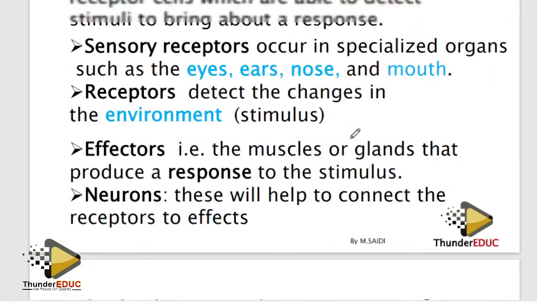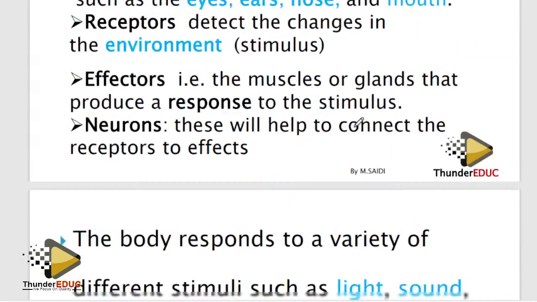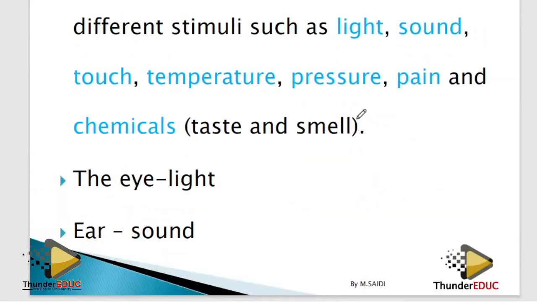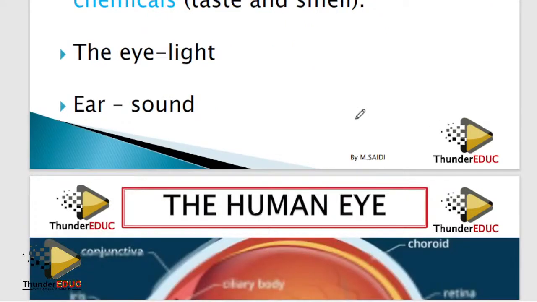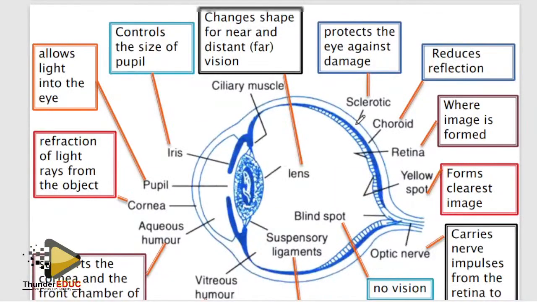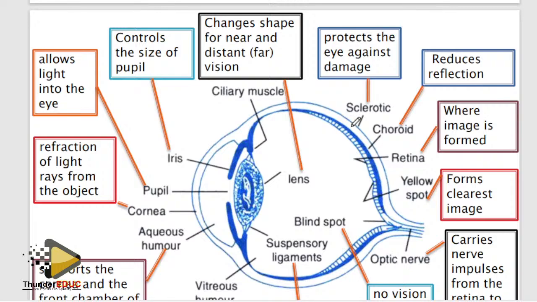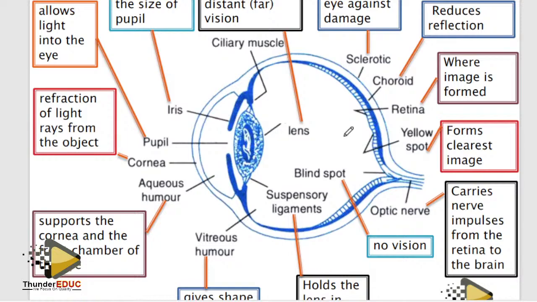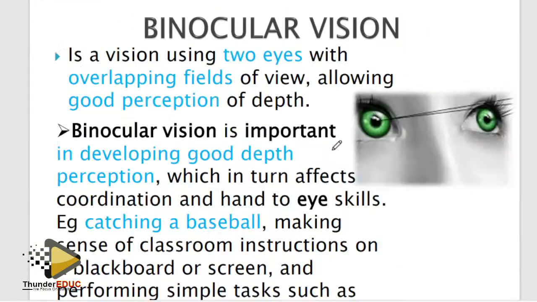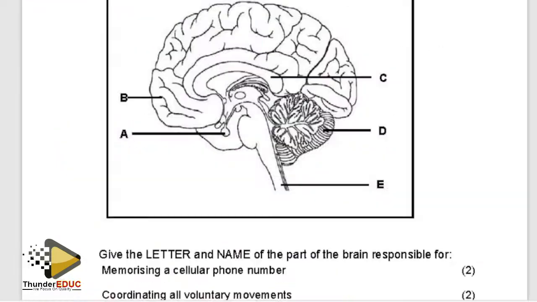Done. Then let's go to the receptors, eye and ear. Here is a simple thing. Eye, ear is a simple thing, guys. What do we talk about here? Function, part. Let's not talk about this too much, but make sure that you know function, part. Okay, before I go there, let me just show you here. Before I go to the eye.